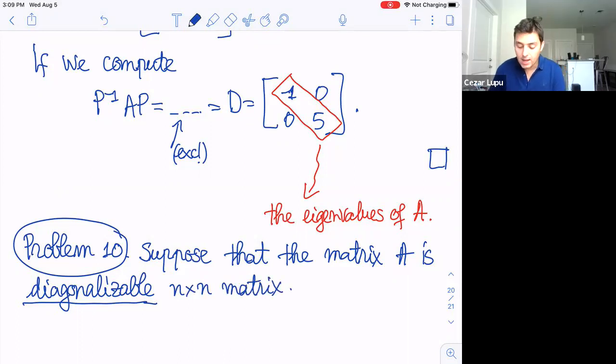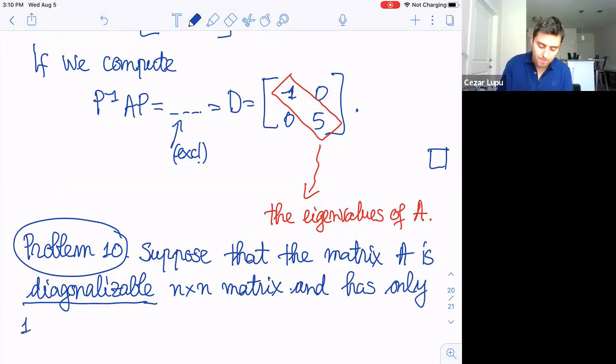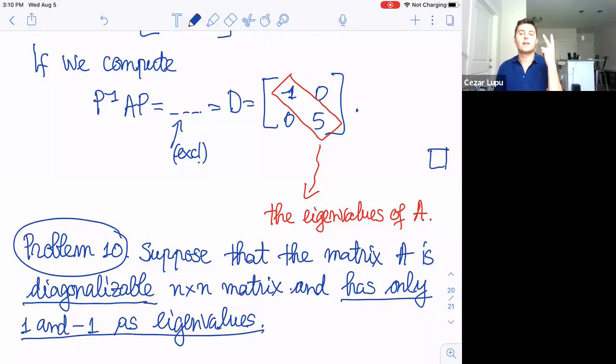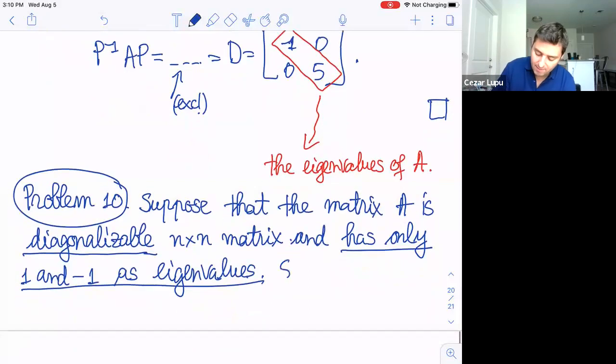And it has only 1 and -1 as eigenvalues. And again, another important piece of information. You see, I have an n by n matrix. It has only 2 eigenvalues. Definitely, they're not distinct. And well, show that